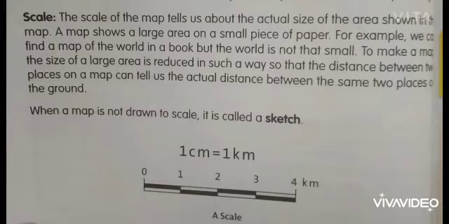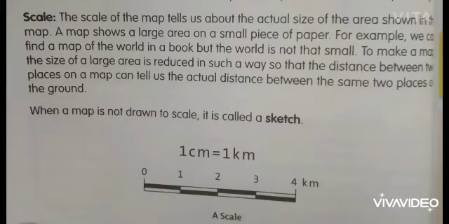So what is it telling? We can't represent the whole world or a large area on the paper, isn't it? So to make it simpler, to draw the map easily, the distance between two places should be measured. We can't put the same measurement of the ground onto the paper. It's impossible. So what they have done, they have reduced the scale.